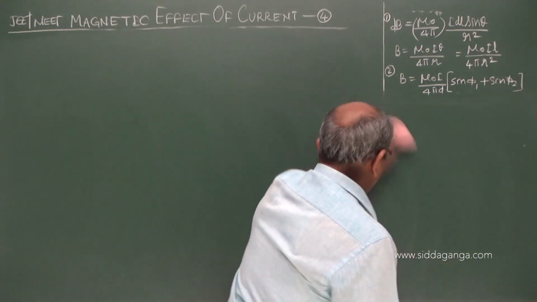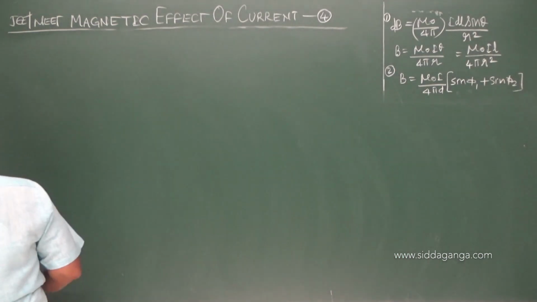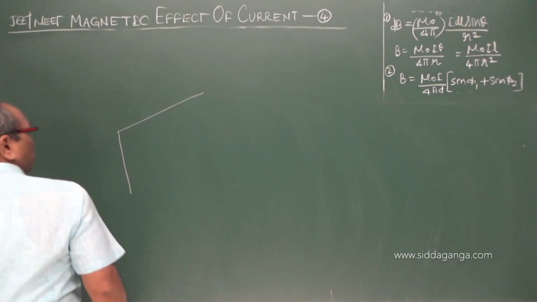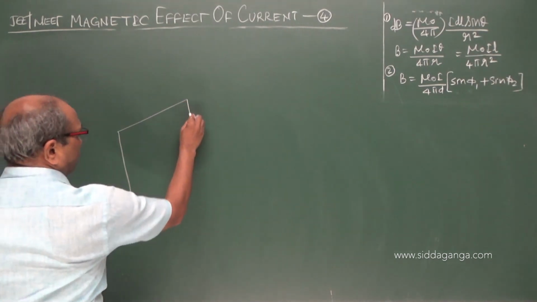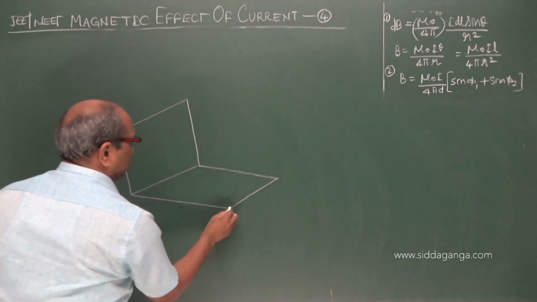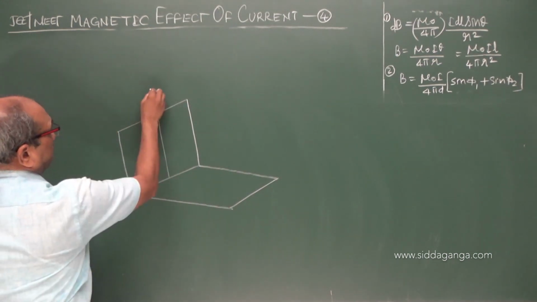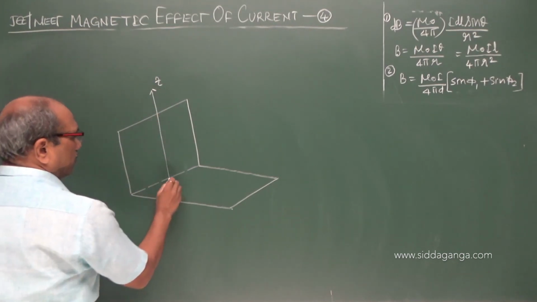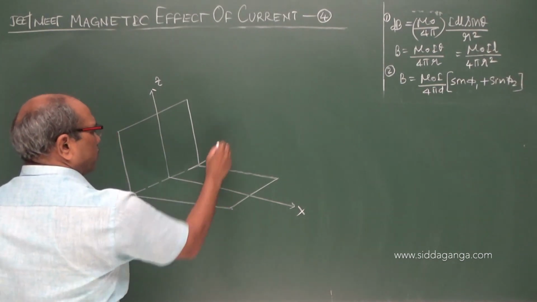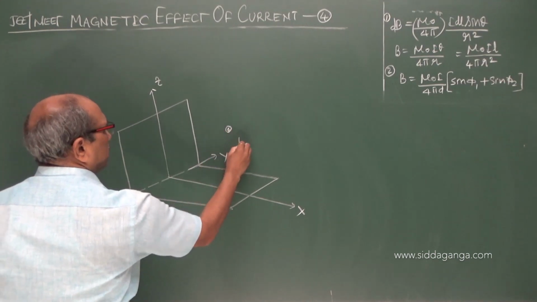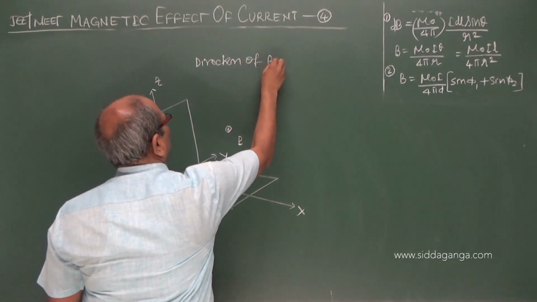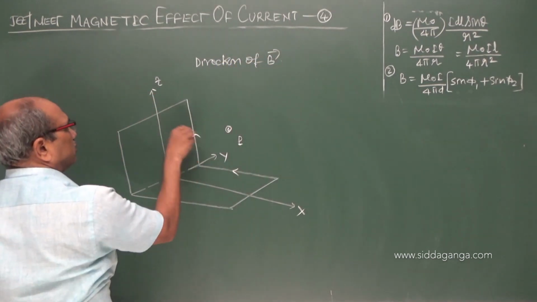How to find the field for non-planar wires? Let us take an example of that type. So this is the z-axis, this is given as the x-axis and maybe the y-axis. They have given a point somewhere, P. What is the direction of the field, the direction of B, if the current is shown in this fashion?